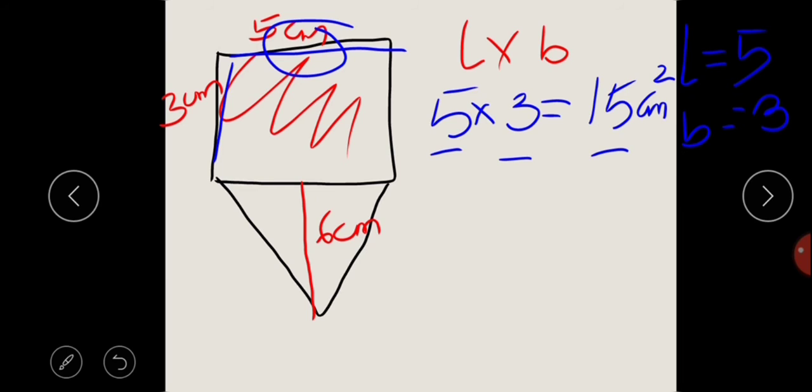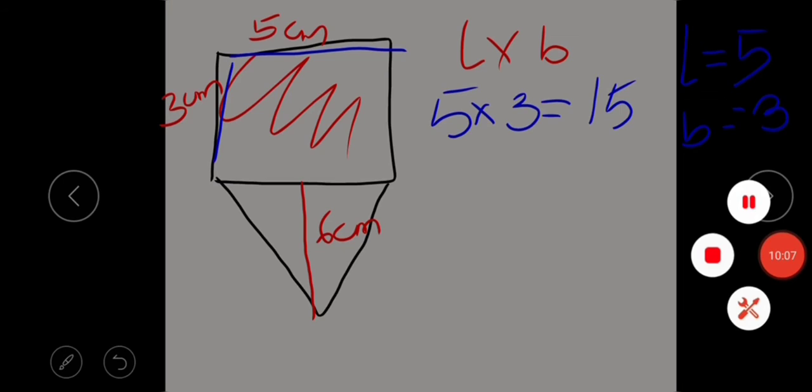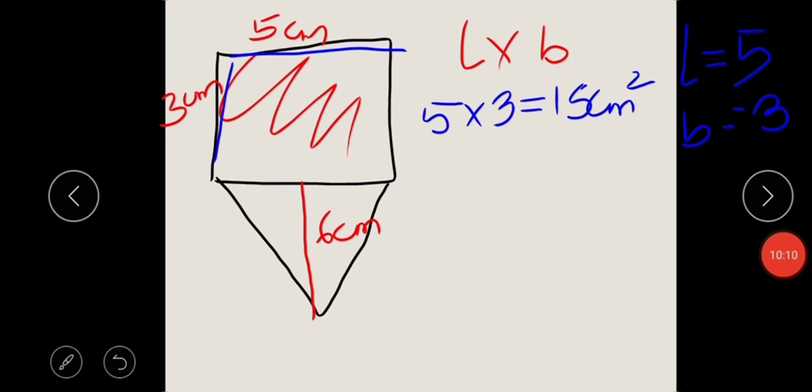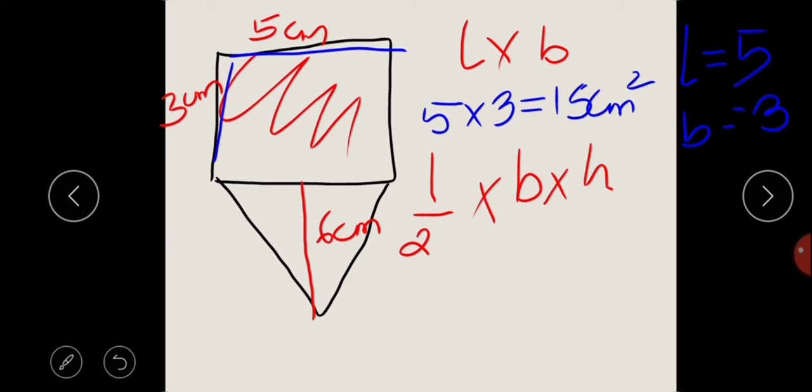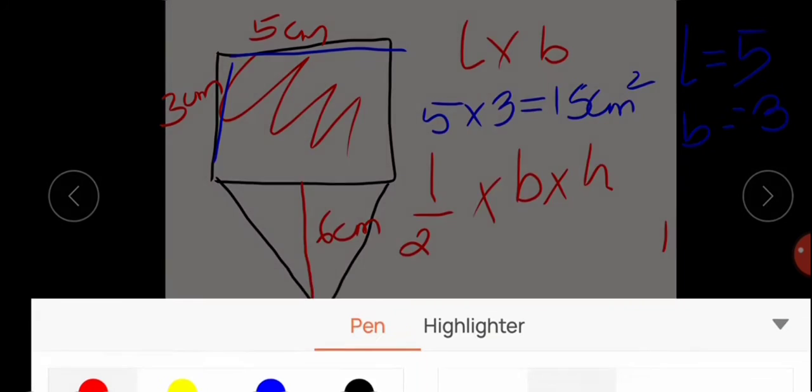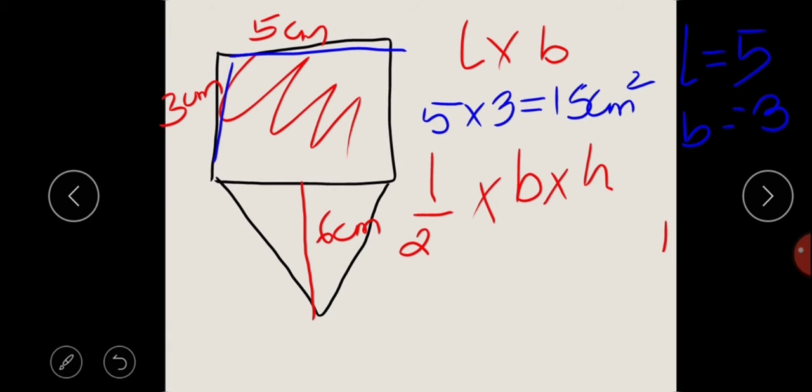Now let's come towards the second part. Let's calculate the area of a triangle. To calculate the area of a triangle, we have the formula that is basically half base multiplied by height. So let's check out what is base and what is height first. Base is the part of the triangle on which the whole shape stands, जिस पे पूरी shape stand करे, जो कि बुनियाद है, we call it the base.